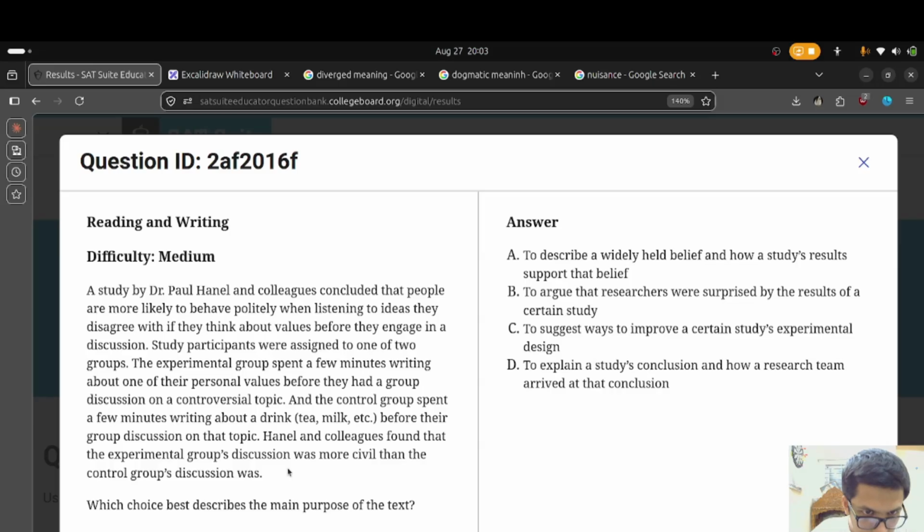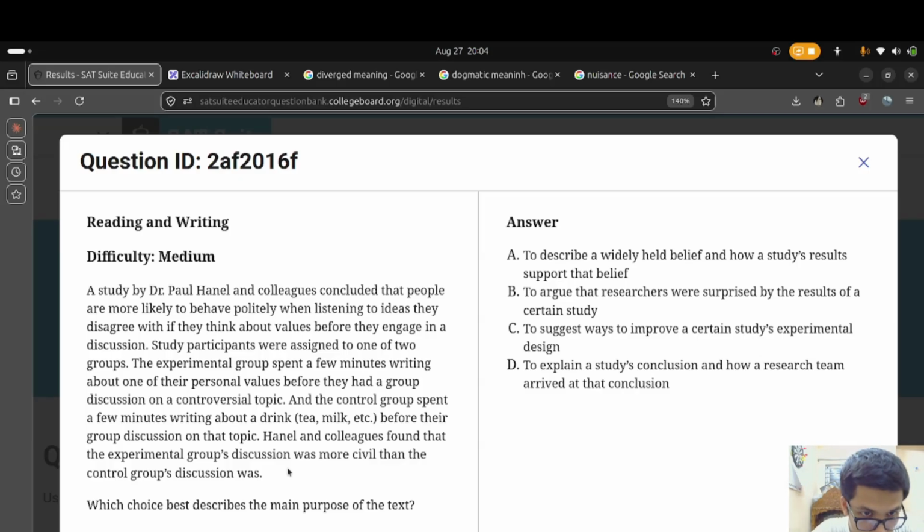What choice best describes the main purpose of the text? A study by Dr. Paul Hanel and colleagues concluded that people are more likely to behave politely when listening to ideas they disagree with if they think about values before they engage in discussion. Study participants were assigned to one of two groups. The experimental group spent a few minutes writing about one of their personal values, and